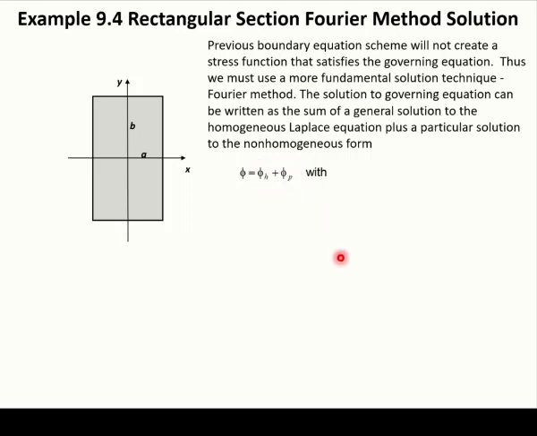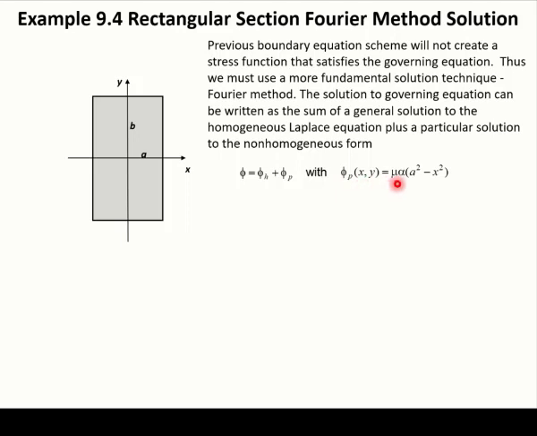So we can assume that our stress function is the sum, where the homogeneous part gives 0 when you put it in the governing equation. And then I can also select a particular solution which will satisfy the requirement of the governing equation. And this particular solution we will select as